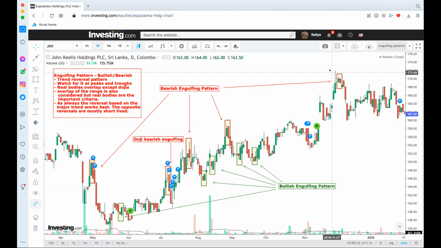Therefore, when it comes to the pattern at the peak, which is the resistance area, we encounter the pattern called bearish engulfing. In a bearish engulfing, as I mentioned, it happens after an uptrend is paused. In an uptrend, you will see higher lows and higher high formations. And at one point, you will see the last candle before the pause, or the last candle at the point of the pause, is a bullish candle, a green candle. And the next candle,